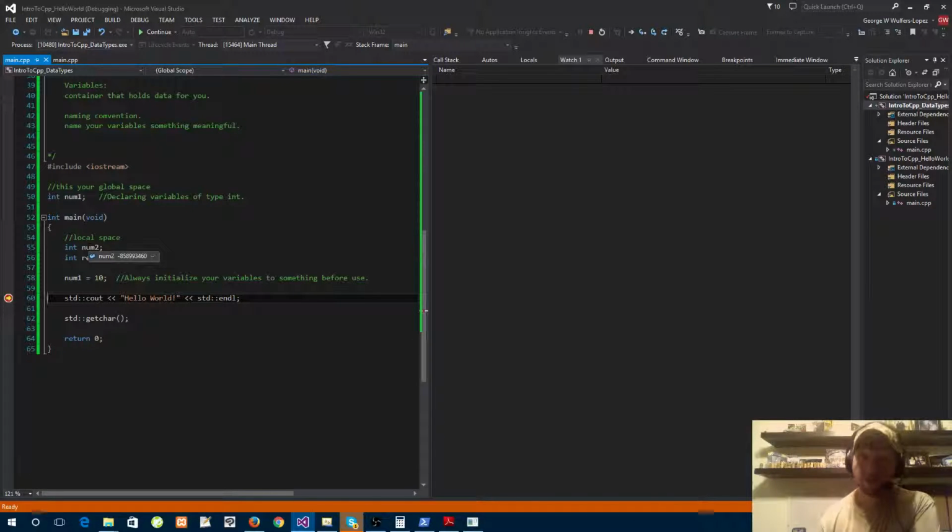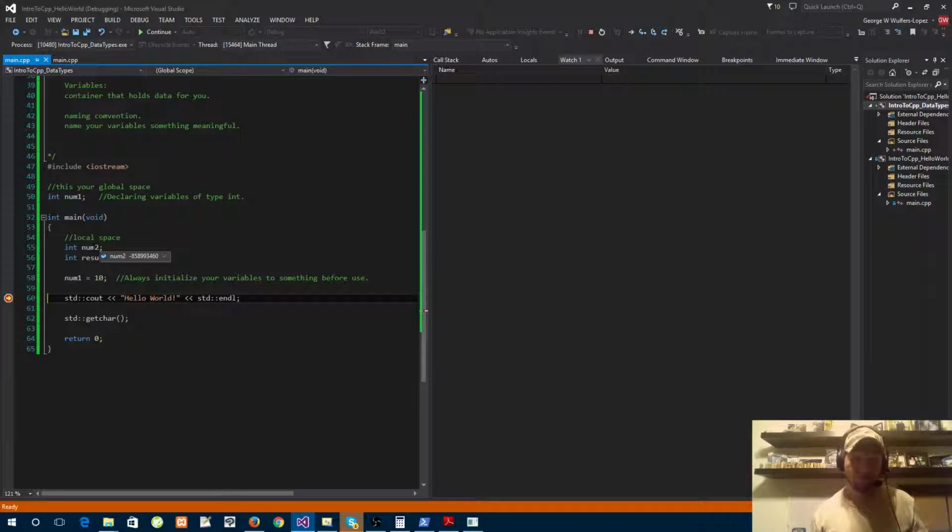This is garbage. So if we try to use it, we can run into the possibility of crashing our program, and I'm pretty sure it will. But if we do this, you can see that the result is 0. And here we can see that num1 is 10. They actually have value inside of it. And this one doesn't. This is just garbage